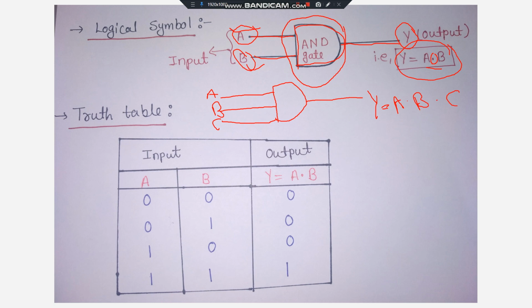Now we will see the truth table of the AND gate. As I told you, here we are talking about the two input AND gate. Two inputs means how many columns will come in the input? Two, one for A and the other for B. A is the first input, B is the second input, and one more column will come for the output, that is Y, which is equal to A dot B. Now many students have confusion about where we get these combinations of 0 and 1, that means how many combinations we should take for 2 inputs, 3 inputs.